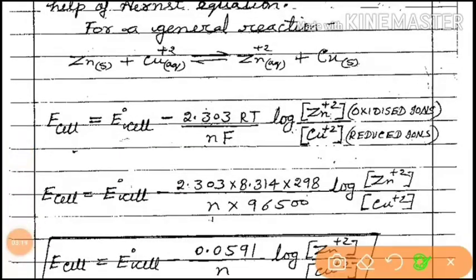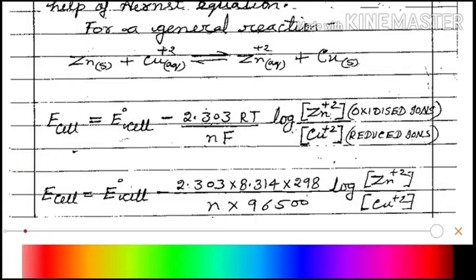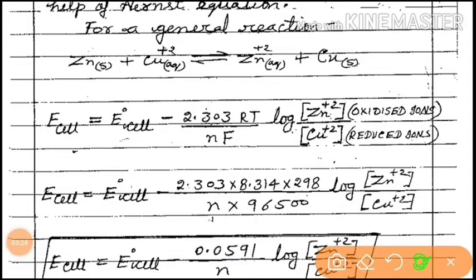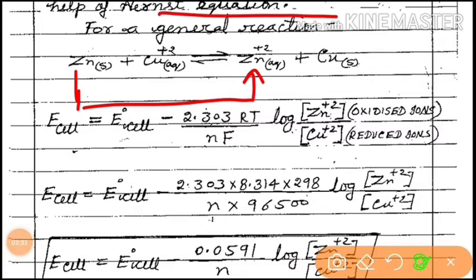In the zinc and copper cell, I have told you one time that zinc oxidizes and copper reduces. See, in this zinc and copper electrochemical cell, the zinc is undergoing oxidation, this is the oxidation, and the copper is undergoing reduction, this is the reduction. Zinc undergoes oxidation, copper undergoes reduction. So this is an example of a redox reaction also, which I have told you earlier.